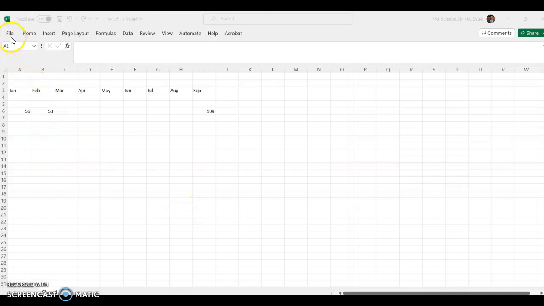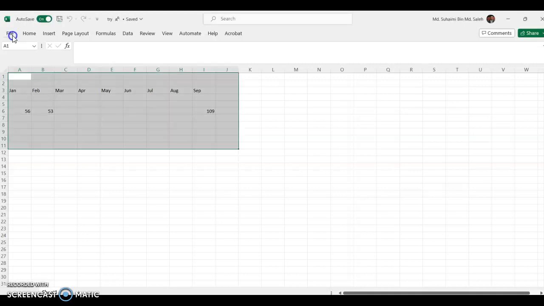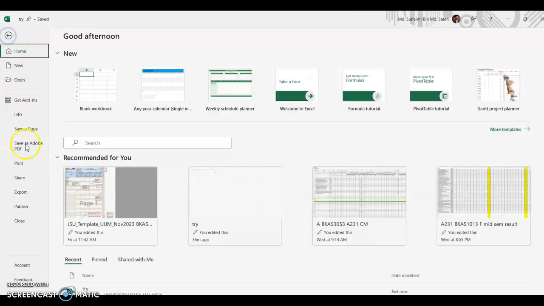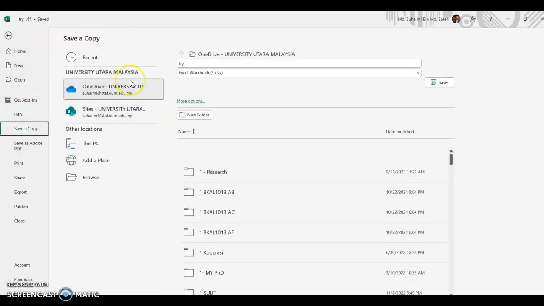Kalau student nak save kan, so klik file, save copy, okay. Sebab saya dah ada save as try file, so dia akan keluar save a copy. Tapi kalau first time nak save, dia akan keluar save and kita beri nama file lah. Okay. For example, yang format tadi untuk tujuan project